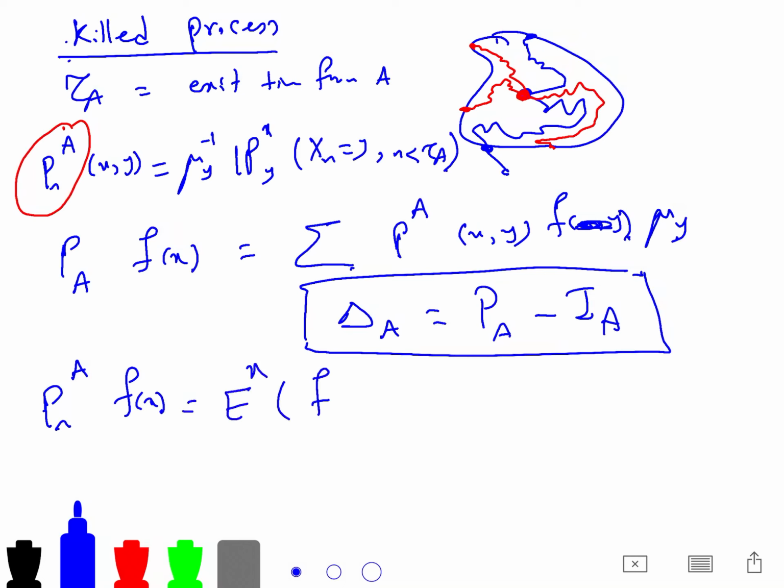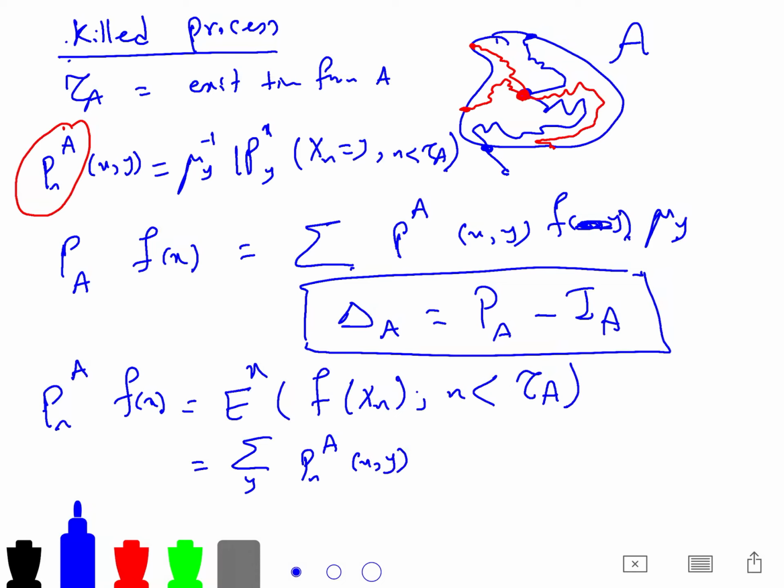They're very obvious. So f of X_n, with n less than the time to exit A, the time to exit set A, is just the summation over y. This is just the probability that you need, and because that's an expectation,